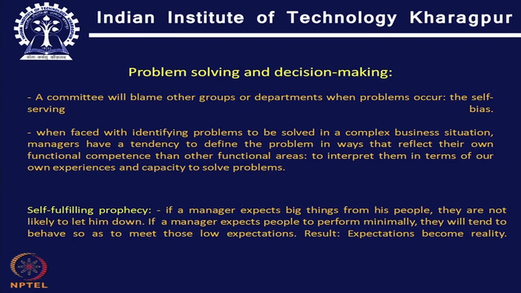And in self-fulfilling prophecy, what happens is if a manager is expecting big things from his people, they are not going to let him down. But if he is expecting very minimum from his people, they will try to meet those low expectations, and sometimes expectations become reality. This is a way of motivating people. If you set a high standard for your colleagues, your team members, and you try to make them believe they can achieve those standards, they really perform well, and that is called a self-fulfilling prophecy, because the manager has set a high standard, which means he believes in the person's capacity to do that work,